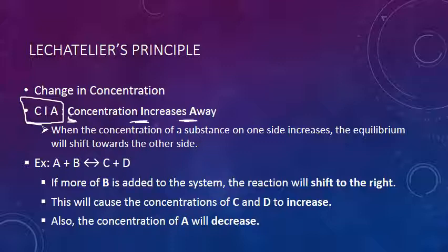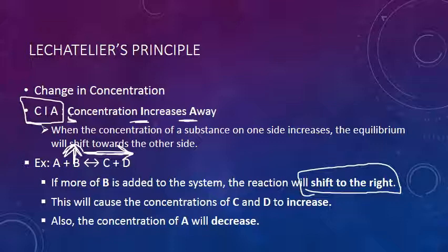So what that's saying is when the concentration of a substance on one side increases, the equilibrium will shift towards the opposite side. Now, for example, if more of B is added, where will the reaction shift to relieve the stress? It's right there on the slide. It will shift to the right. Why, Leko? Well, because there's a higher concentration of the